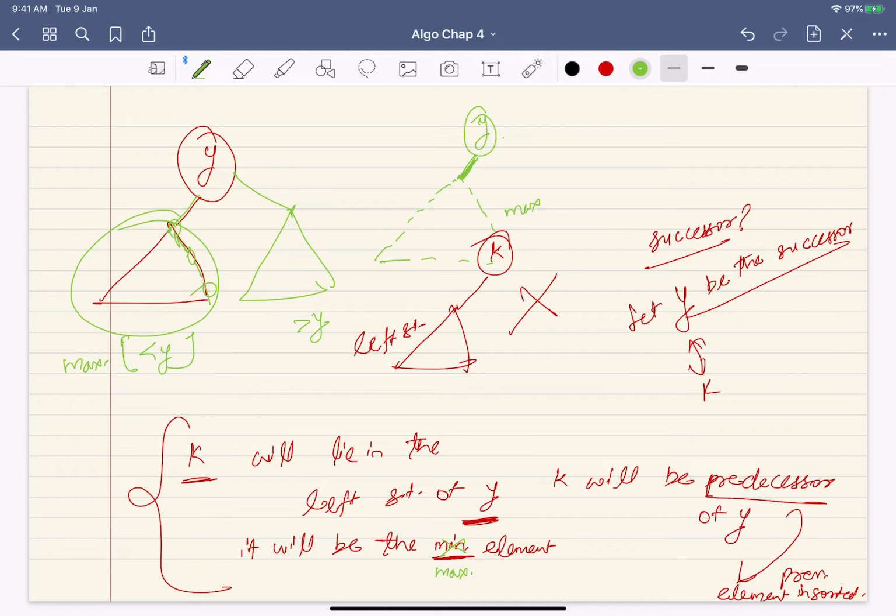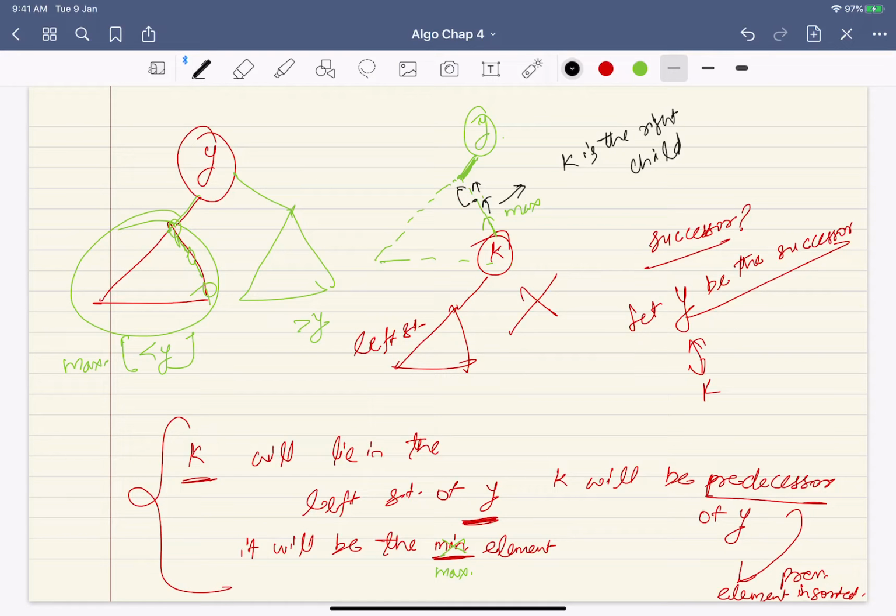So how would you go to y? You follow the parent pointers from k. Yes, keep on following the parent pointers. And what you should ensure? So k is the right child. So go to the parent and make sure that k is the right child. Again, keep on going to the parent and make sure that is the right child.